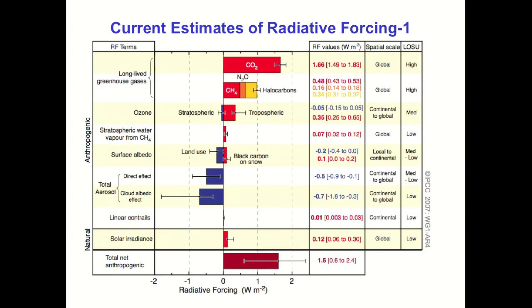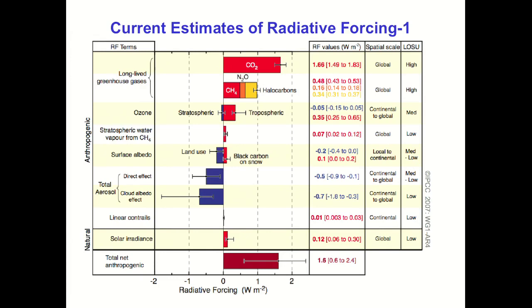Then, of course, we've got what we've already mentioned, land use change. That was originally split between black carbon on snow, so if we decrease the albedo, as we discussed, of a nice shiny surface, that will essentially lead to an albedo change that causes a positive feedback, or positive radiative forcing, so it absorbs more. Or we can chop down lots of trees and forests, etc., and of course that will increase the reflectivity of the surface, and that's actually going to be a negative forcing.